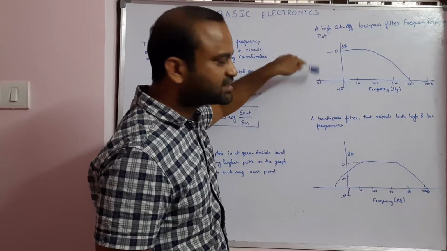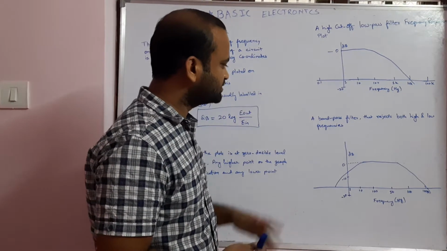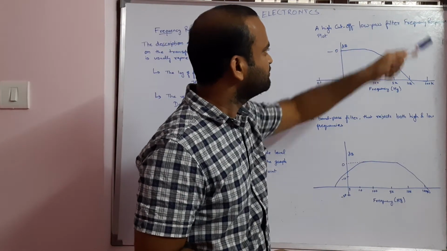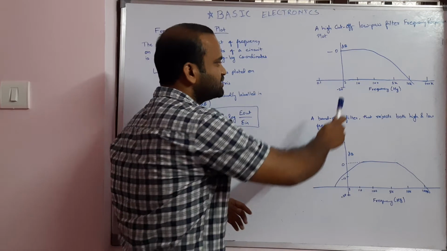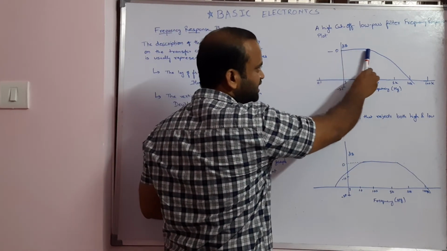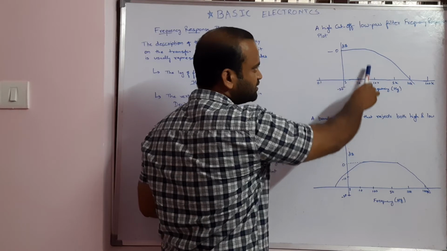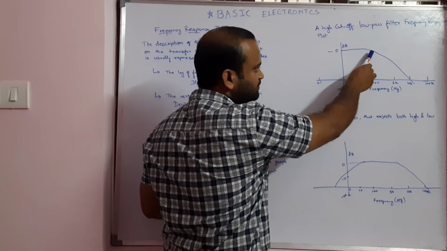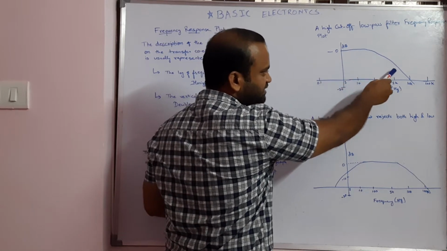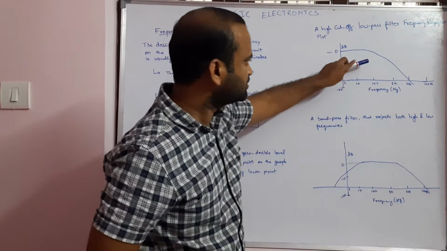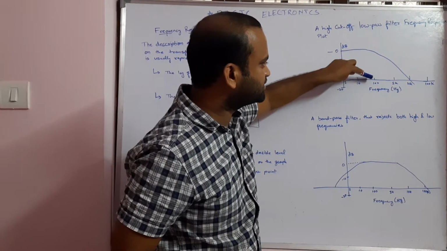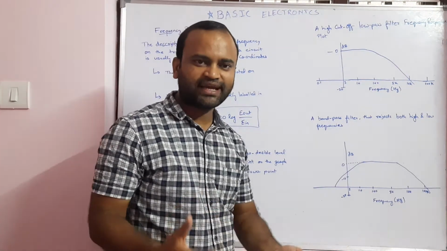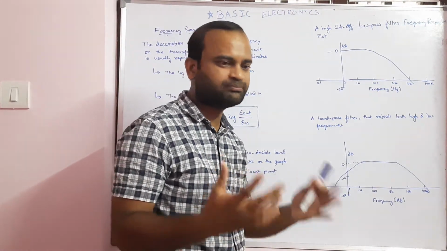Now let us discuss this graph once again. This is the high cutoff low pass filter frequency response. That means the system's response is horizontal till this level. Till this frequency the output is equal to input, and as soon as the values decrease below 0 dB, the system is attenuating at this range of frequencies. So with this graph we are able to understand the system response and the circuit behavior.